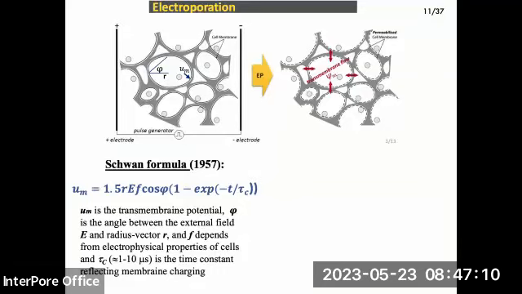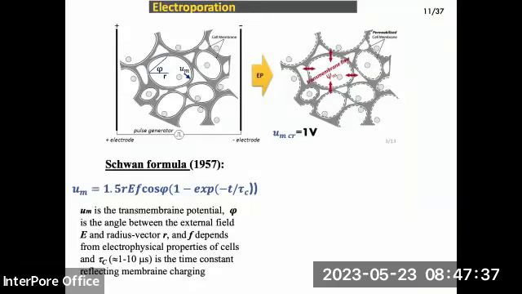It depends also on the size of the cell, on some physical factors, on the direction of the electric field, and the time of the membrane charging. If the intensity of the electric field is bigger, or the size of the cell is bigger, it is easier to attain some critical value of transmembrane potential, which is about 1 volt